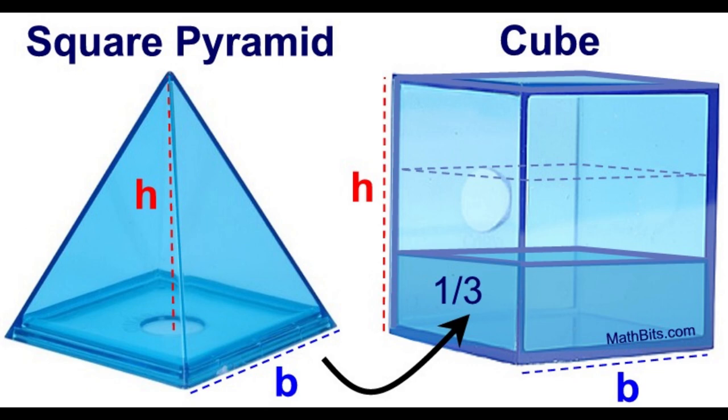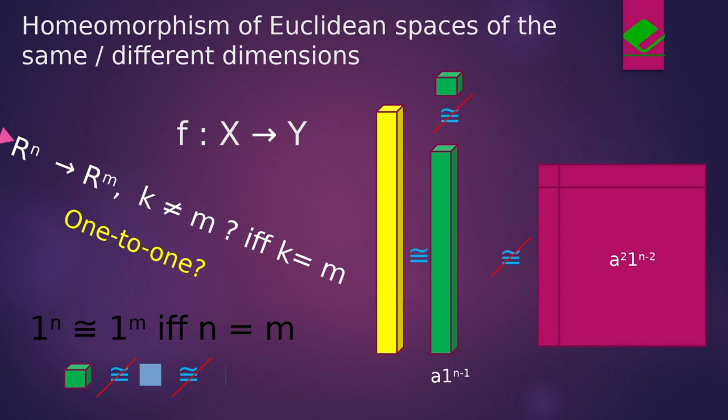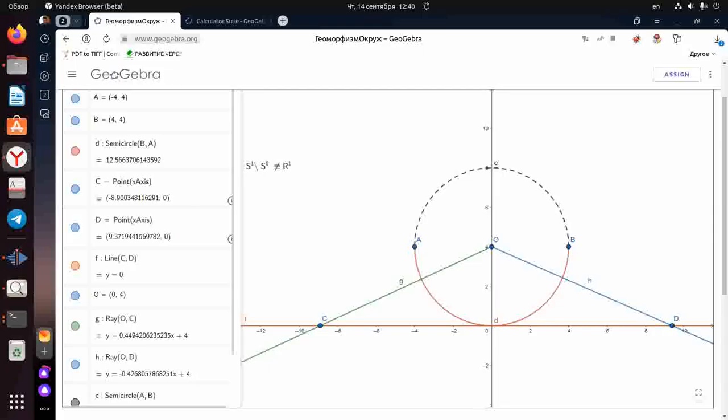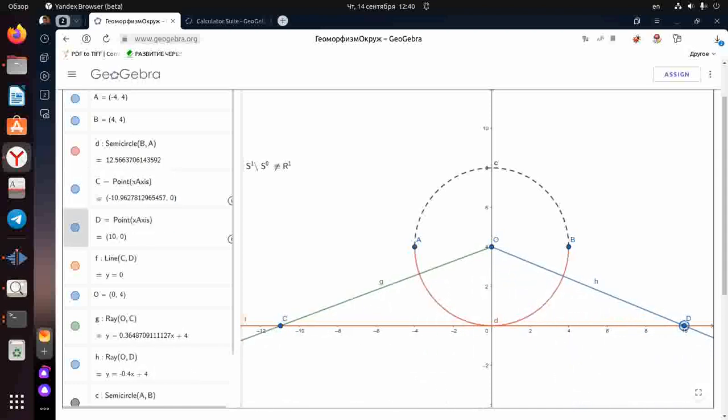Summarizing the above, we can conclude a point cannot be equivalent to a segment, to a square or a circle in the plane, and these last figures to a three-dimensional cube. It is possible to put a continuous mutually unambiguous correspondence only between figures of the same dimensions. The same principle applies in a discrete space consisting of elementary cubes.